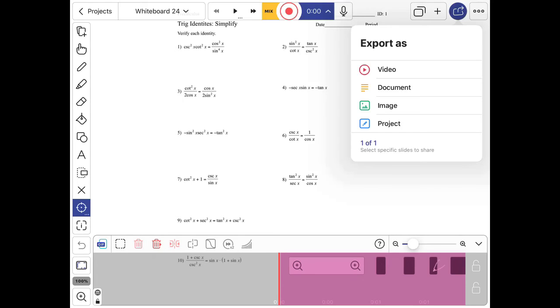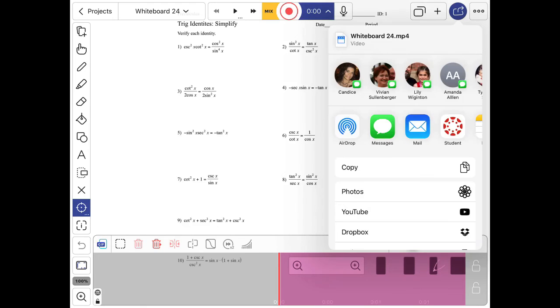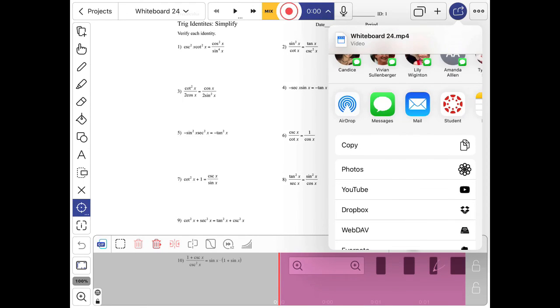You do have a few other export options if you don't want those specific file types, and you can find those under the three dots over here at the top right corner. Under settings, you can change a few of the export options. I want to do a video, so I'll click video, and here it asks me I can send it to anybody on my